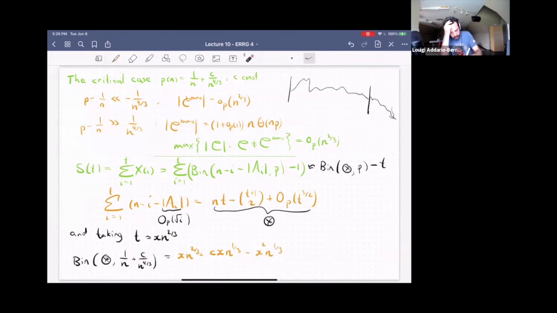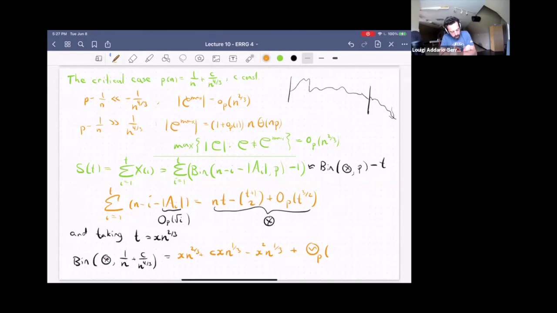Okay. And then t choose 2, this term is just going to give us a lower order term, right? Because this t squared is order n to the 4/3, and we're dividing by n to the 4/3. So that's lower order. And everything that comes from this t to the 3/2 is lower order. And then we have fluctuations. So what are the fluctuations of a binomial? Fluctuations of a binomial (n, p) are of order the square root of np(1 minus p), because the variance is np(1 minus p). Okay, so the fluctuations of this will be of order, in probability,